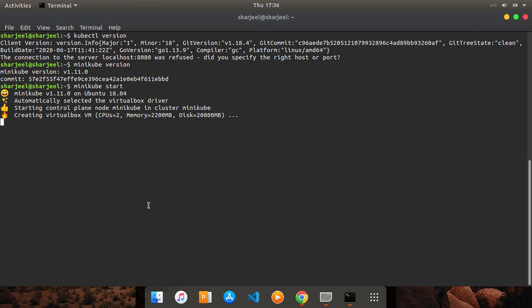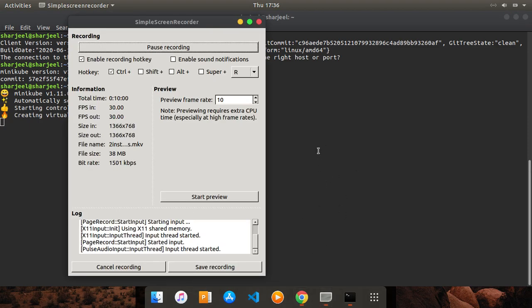You must have at least 8 GB of RAM in your system. With less RAM you may have some trouble, so make sure your system has a good amount of RAM. I need to pause the video because it's taking so much time. So this task is completed. Now I come here and let me show you something.